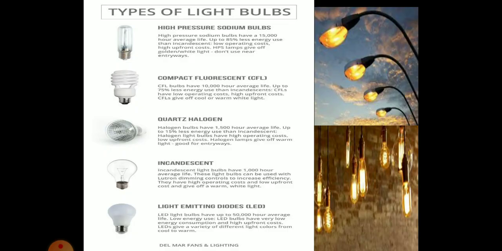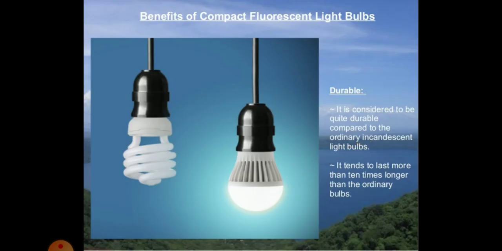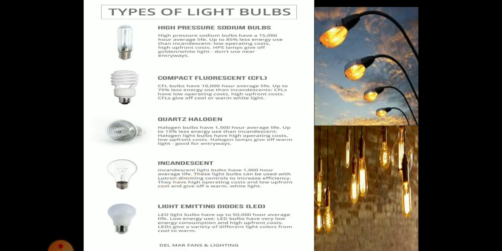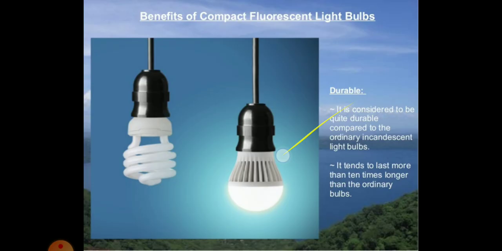Now different types of electric bulbs are there, like high pressure sodium bulbs where sodium vapors are used, fluorescent bulb, quartz halogen, incandescent bulb, and LED bulbs. These bulbs have been invented as time went on. In the present scenario, LED bulbs are better to use because they consume less energy. It is preferable to use LED bulbs rather than sodium bulbs because they consume less energy, and the durability of LED bulbs is more than the conventional electric bulbs.